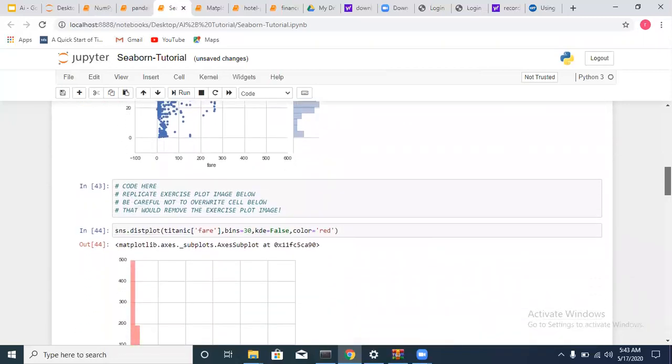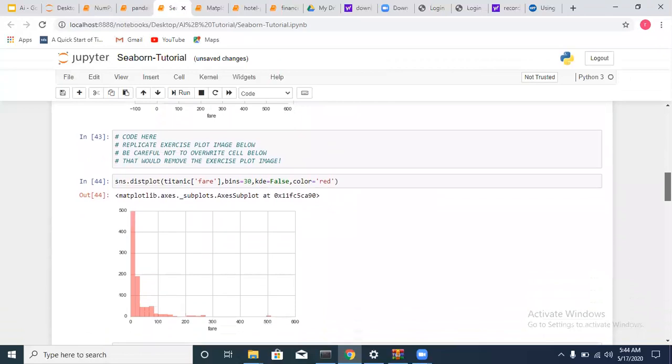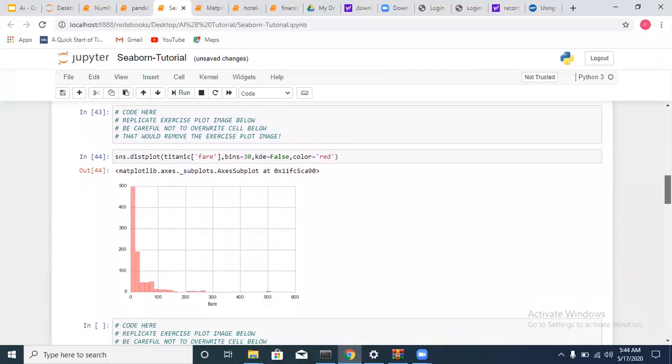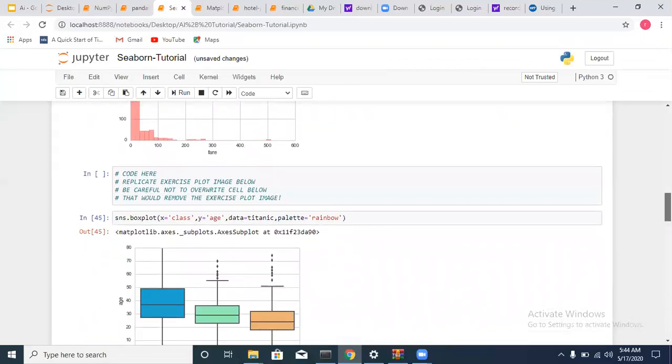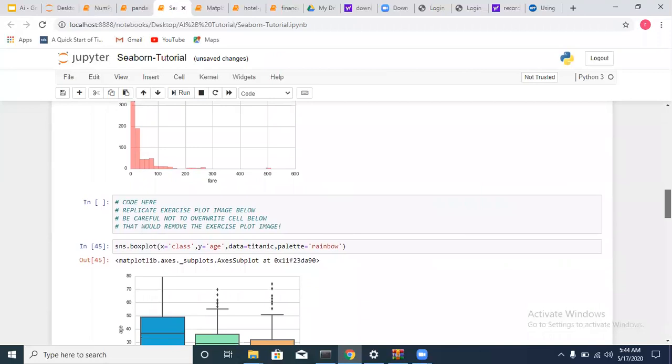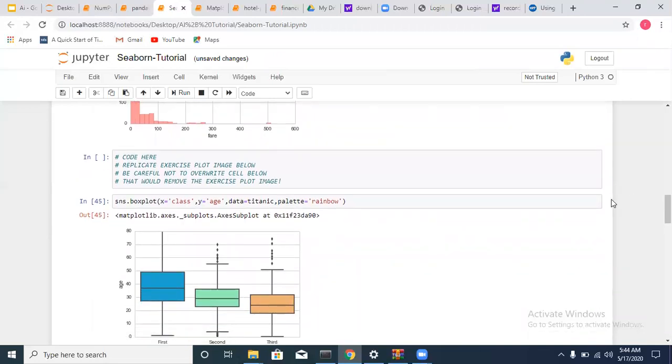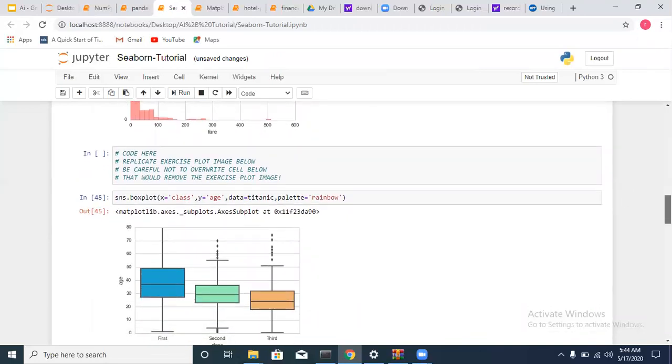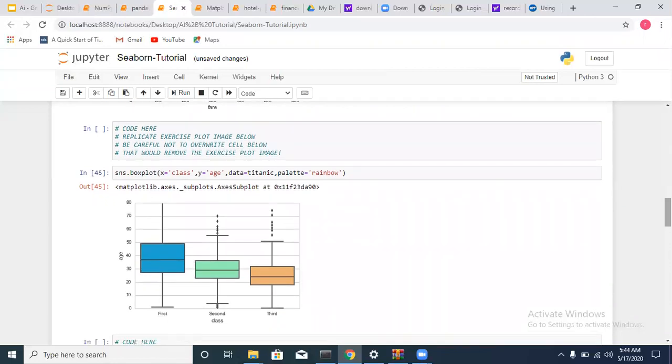You can try to have a distribution plot. We try to tell how the distribution of fear actually falls out. So all these bins, KDE, these are the parameters you can pass to it. Especially you can try to have the rug, the box plot also. What does our box plot do? It just tries to